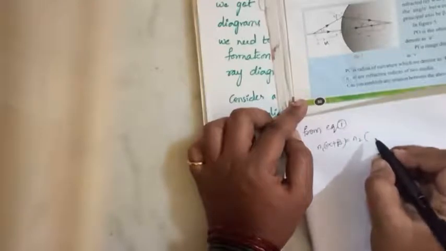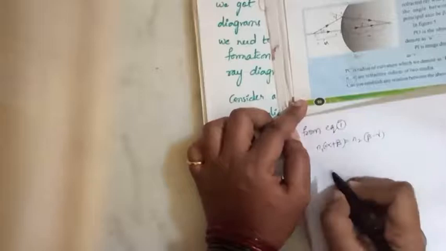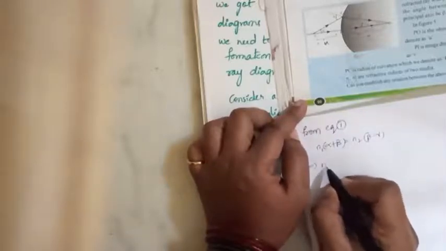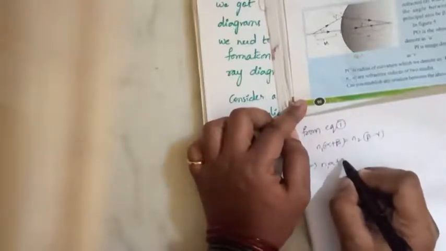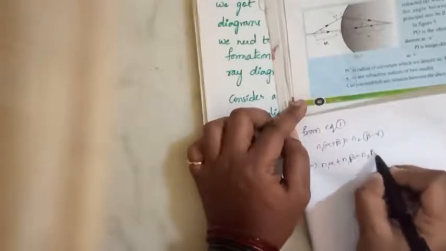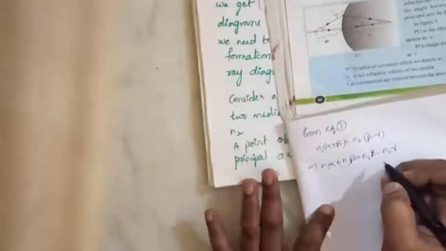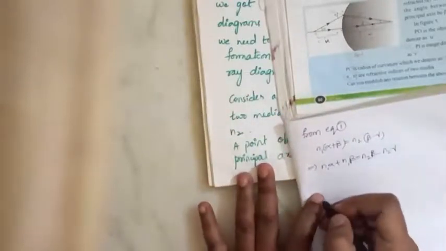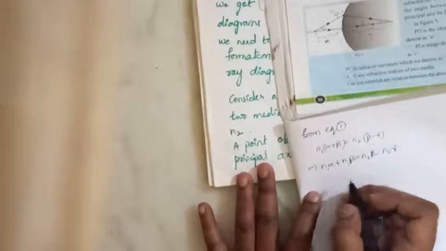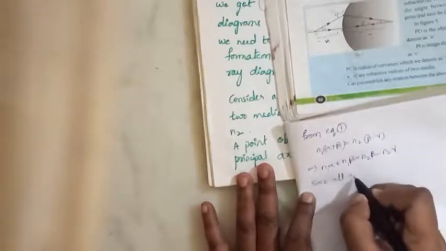In the place of that I am writing beta minus gamma. Sin theta is equal to theta, which implies n1 alpha plus n1 beta is equal to n2 beta minus n2 gamma. Just I am multiplying, don't get confused here. Since all angles are small, we can write,